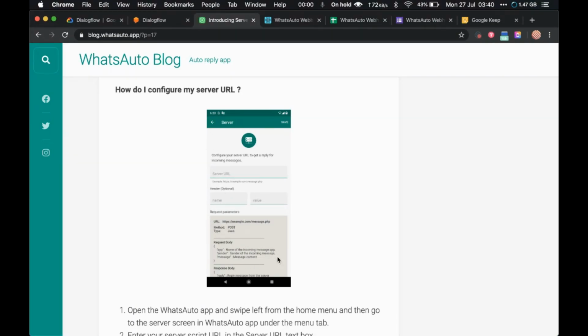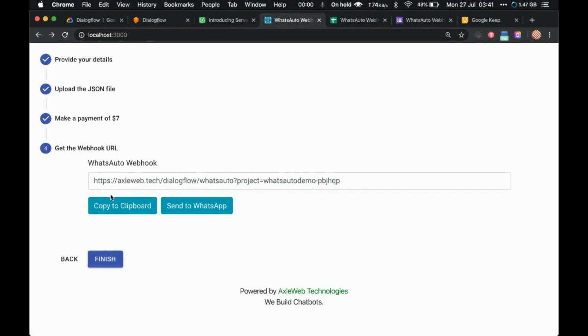I believe they charge something like $3 or $4 for enabling this server URL feature, so you have to pay a small amount for using this tool to get this server URL. And this URL will basically connect your Dialogflow with WhatsAuto.